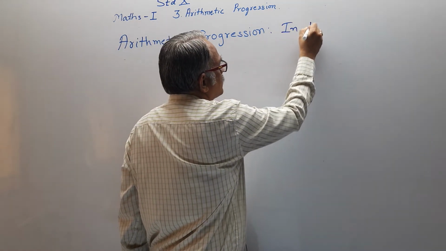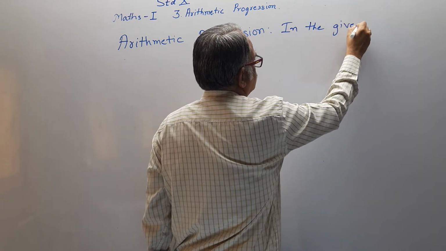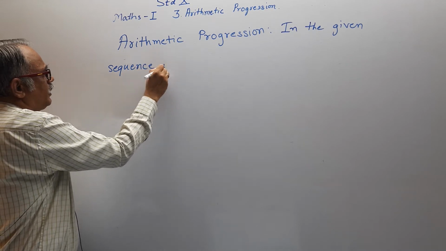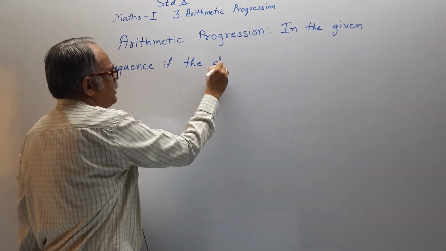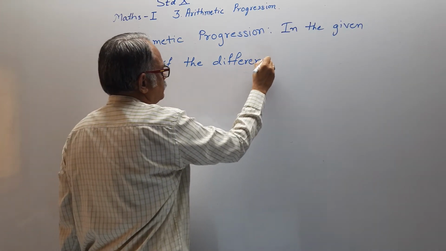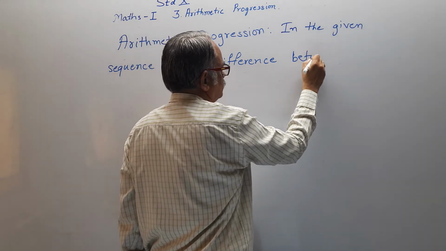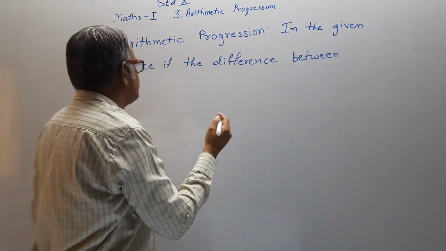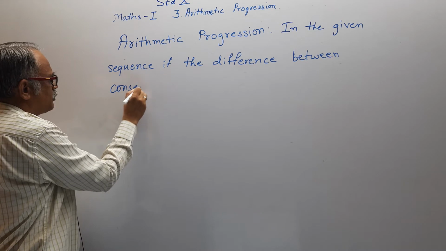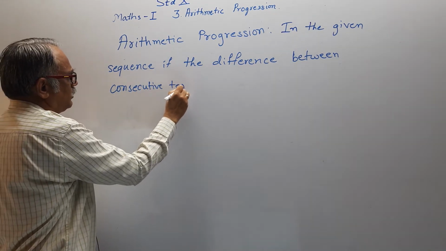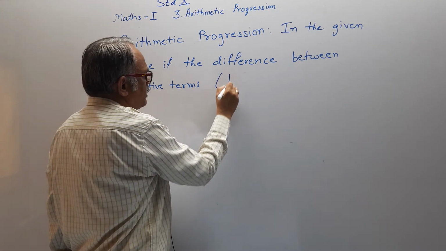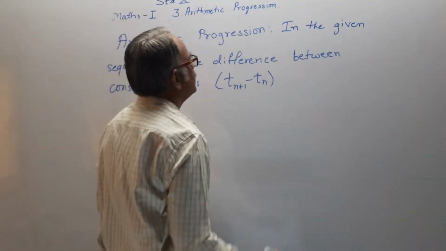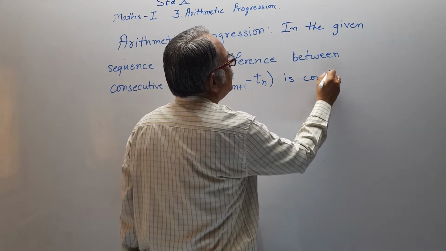In the given sequence, if the difference between consecutive terms, consecutive meaning which come one after another, that means Tn plus 1 minus Tn, from the next term the previous term should be subtracted, is constant, the same every time,